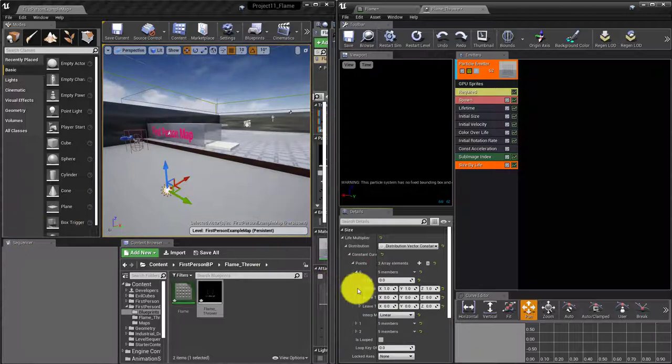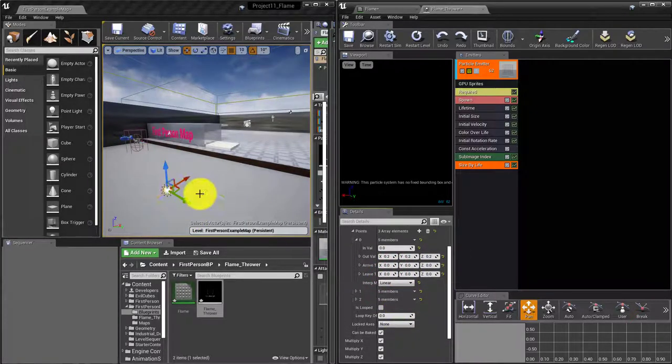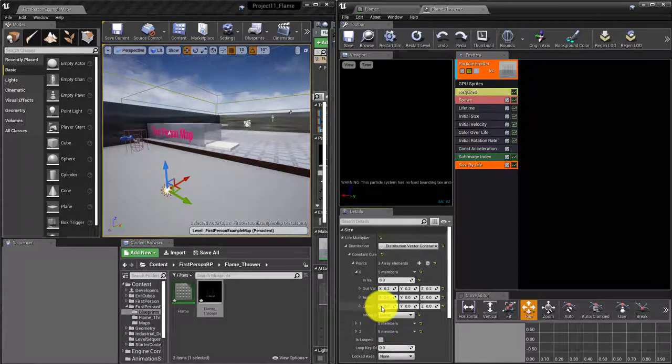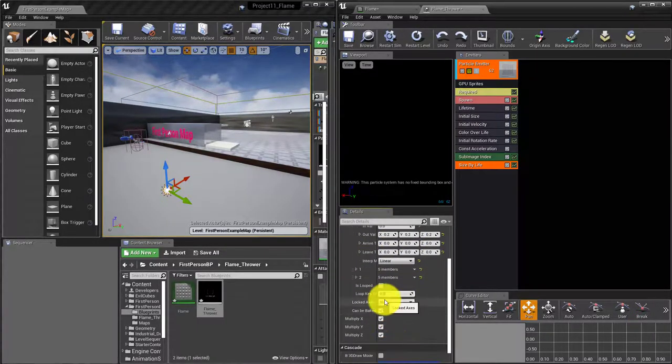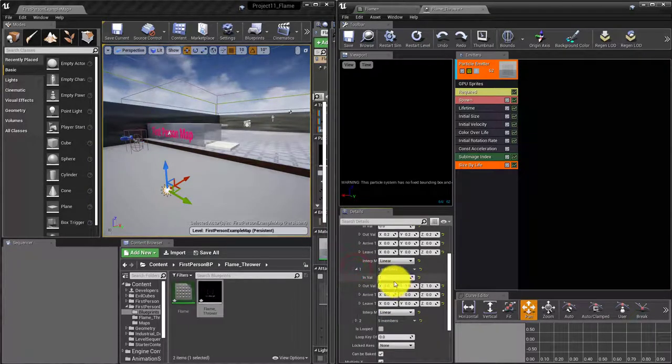Okay, so the first one is going to be narrower, right? And we want this to start at the very beginning of the emitter, and we're going to make this 0.2, 0.2, 0.2, and let's come off of that. There we go. And again, it's going to feel like something just messed up, but it's because we're knocking this down, and the next one is set to 0, so we don't see anything. So let's open up 1, and on this one, let's make it 0.4,